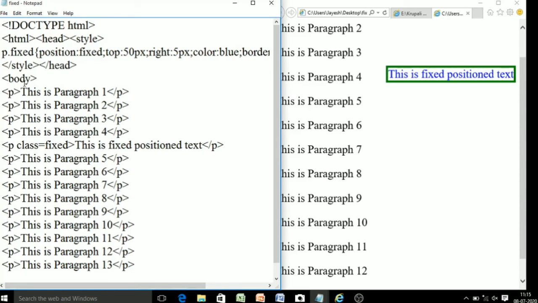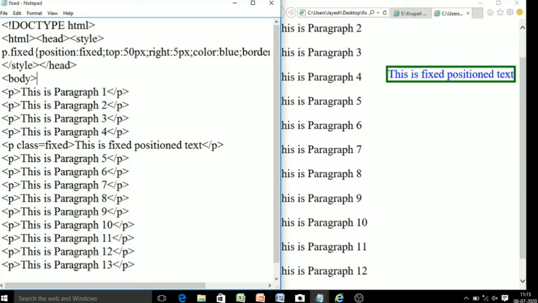Then style tag close, head tag close. In body, I'm creating paragraphs over here, a number of paragraphs. P tag, this is paragraph 1, P tag close. Just copy the text using the shortcut key Ctrl C, otherwise right click on it and copy it and paste, and change the number.